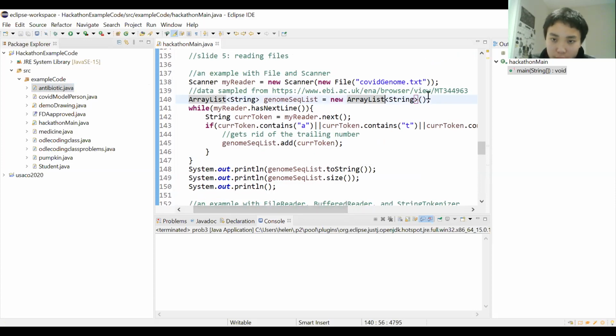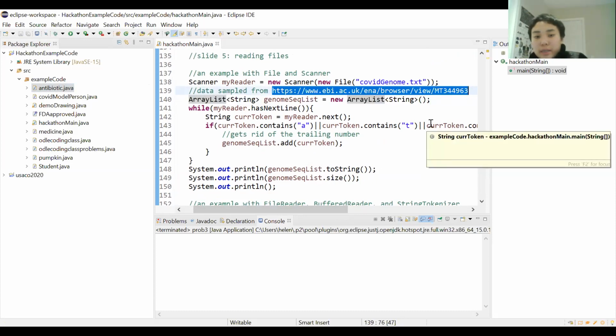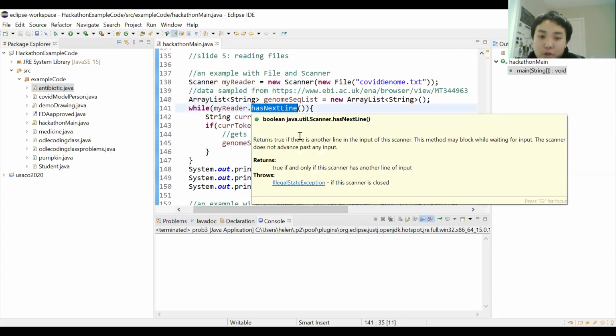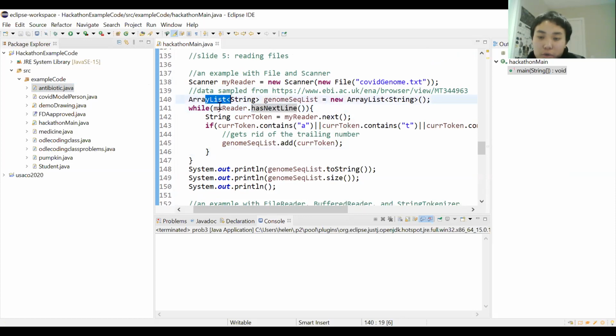And this is the source of the data, by the way. What I downloaded is not the full COVID genome, obviously. It's just like the first 60 lines or so, just for the sake of demonstration. And basically what I want to do is save this COVID genome sequence list into an ArrayList, which we looked at earlier,